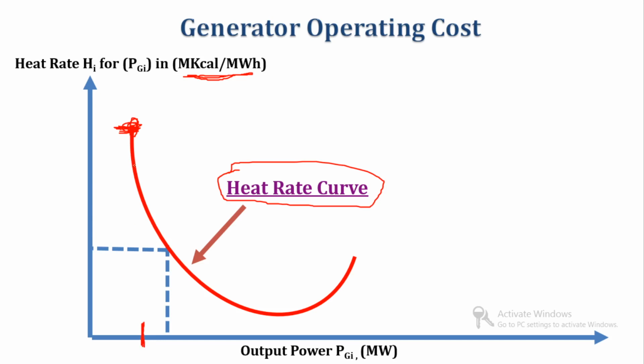After that, you can see at this point, the heat rate comes down and the output power increases. So this is the stable point at which output power is high and heat rate is very low. So this heat rate curve is given by this. Initially the heat rate is very high because the boiler needs energy to heat up itself, and after that the system becomes stable, the boiler has enough energy, so output power will increase. So this is the heat rate curve and it is given by this shape.